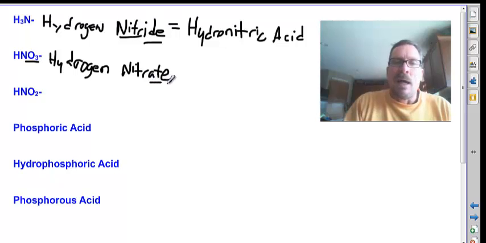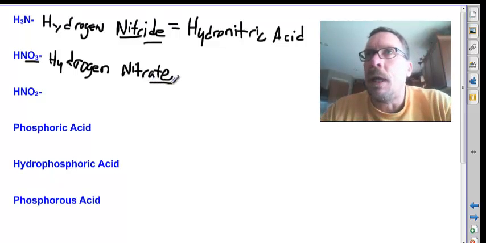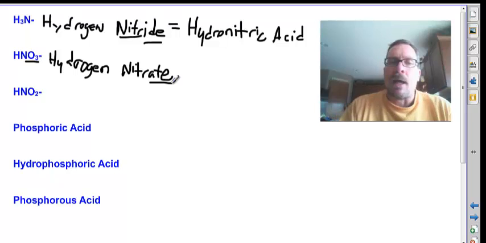Okay. Now, the key is the AT ending to that anion. And with ATE, all I do is I take this stem and I add ic. So this just becomes nitric. And that's what helps differentiate it